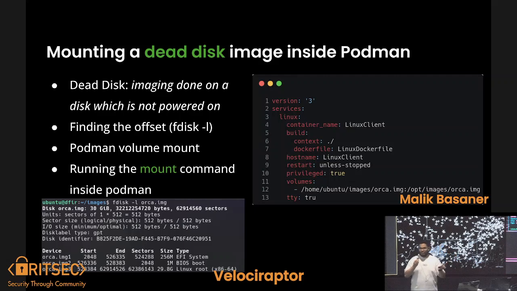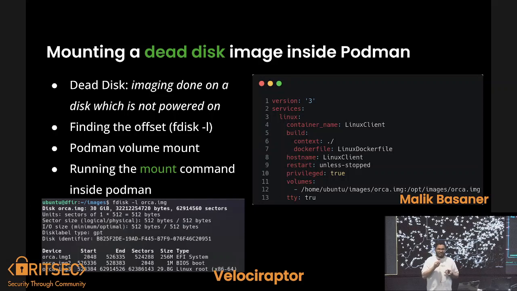So why did we go with Docker again, or Podman? Because we want to separate each image from each other. We want everything to be containerized and separated. We can easily replicate them, and it's going to be lightweight. So we save resources on our system, because imagine you have an incident of 50 images and you want to do all of them at once. If you spin up a VM for every one of them, that's going to be huge.